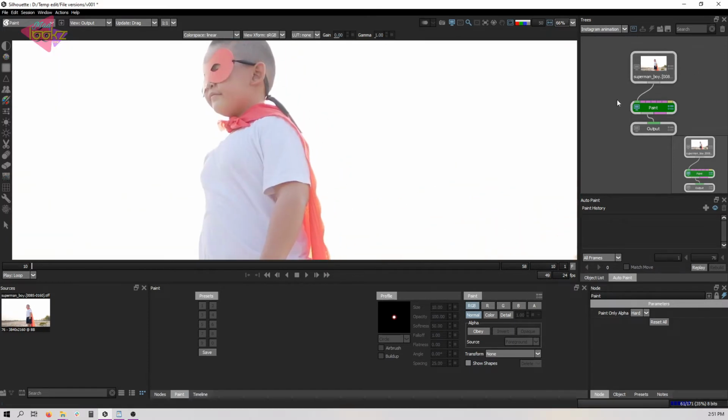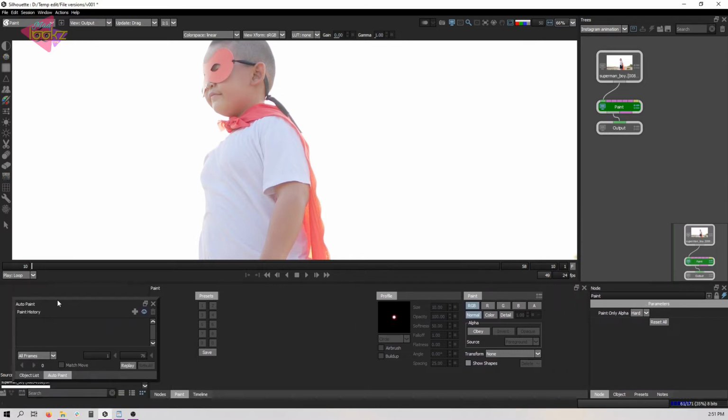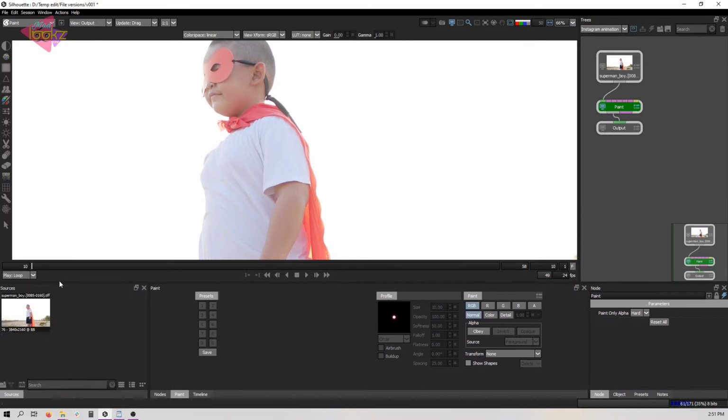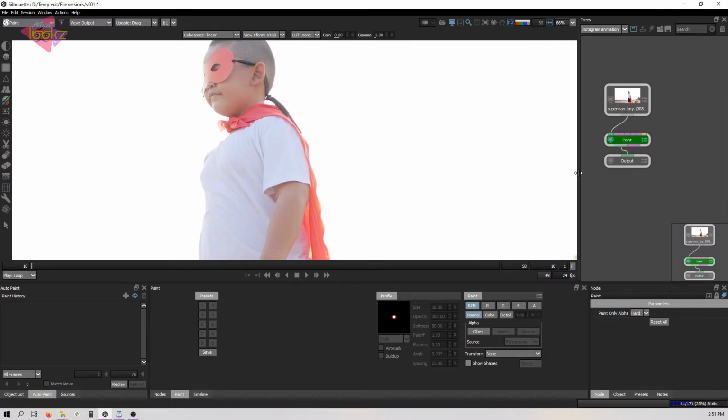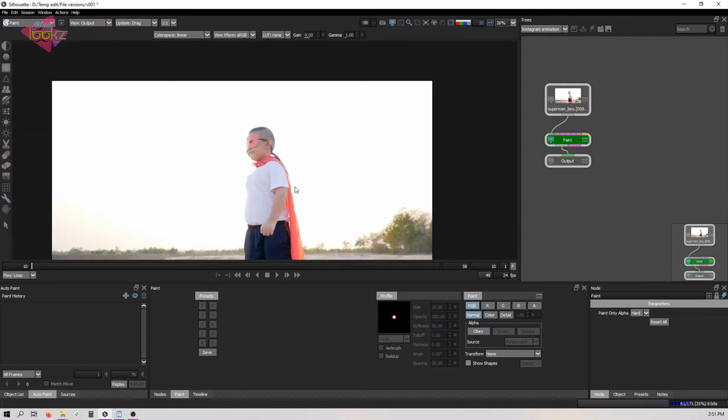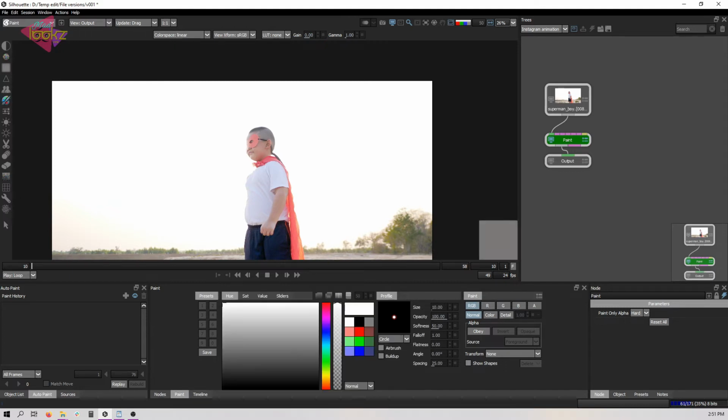Here we have the paint node, and I'm just dragging it here. Now we can customize it, like we can drag it and keep it anywhere in the workspace. And here I have the paint node. So this is the toolbar, and here we have the brush. Brush is a superb tool, like you can choose any color and you can paint with it.